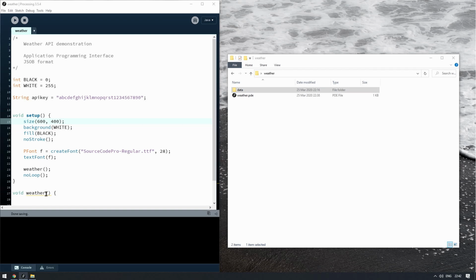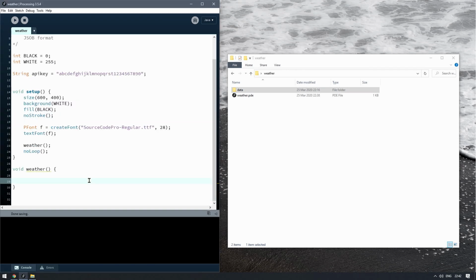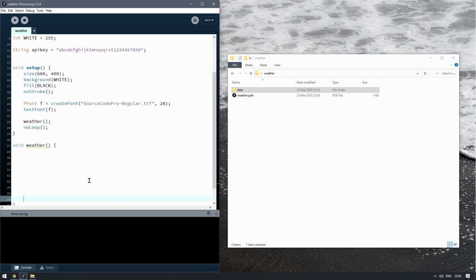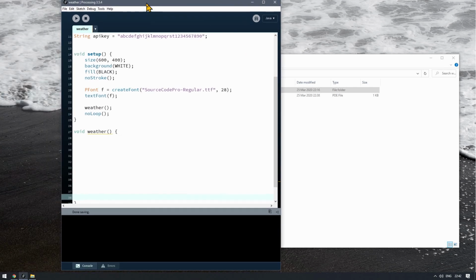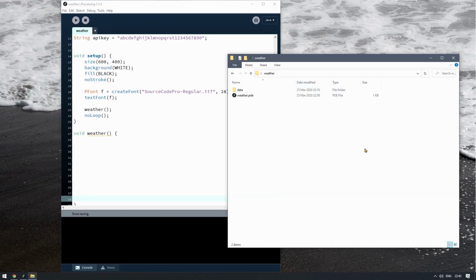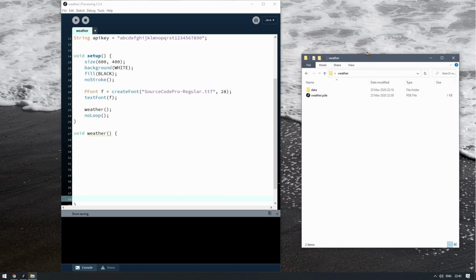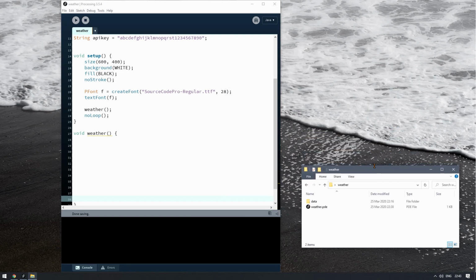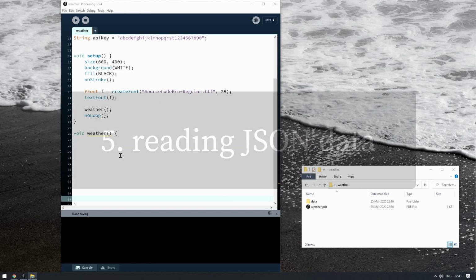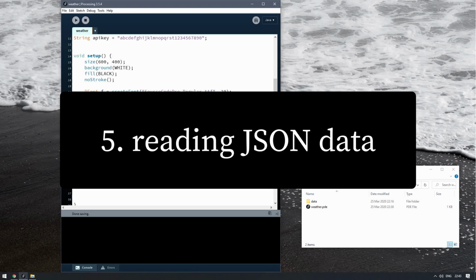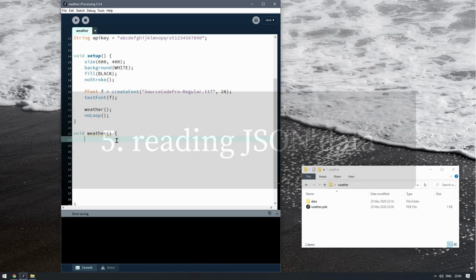Right, so everything we do is now going to be in this weather function. Actually, I'll even center it on the screen a little bit. Not that it probably matters, but this can be nice and small. And I can start thinking about what data I want. So first of all,